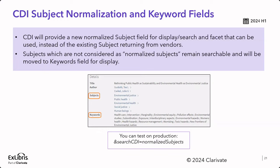Of course, you need to configure it in order to make it work, and you can also easily test it before going live with it with the URL that you can see here in the bottom. Every subject that is coming from CDI provider is going to be checked against this control vocabulary of subjects. If a match is being found, the subject will be included in the subjects section. If a match is not found, this subject will be included in the keywords section,